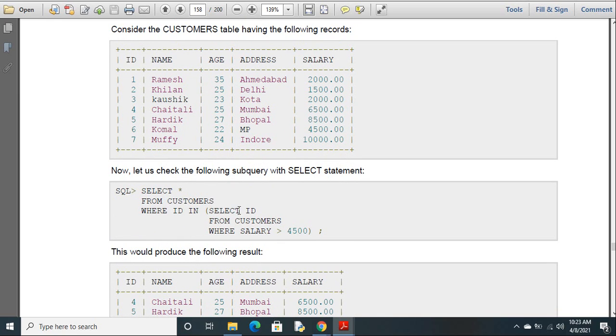This is called a subquery. A query inside a query is called a subquery or nested query. Every time that innermost query will get executed, it will return the result. Select ID from customers where salary greater than 4,500. Whose salary is greater than 4,500, it will return all the IDs.